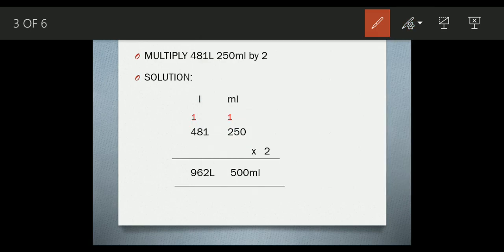Now you will do it as a normal multiplication, multiplying by 2. First start from the right side. Multiplication always starts from the right side. First, 2 into 0 gives me 0, so I have written it down. Now next, 2 into 5. 2 5s are 10, right? So in that, 0 I'll put in the answer, and this 1 will be a carryover. You can see that I have written 1 at the top.